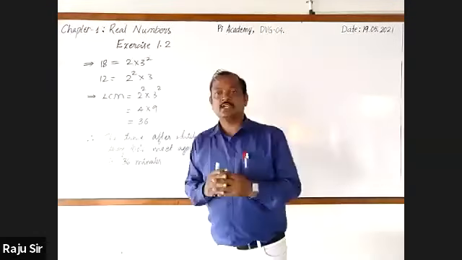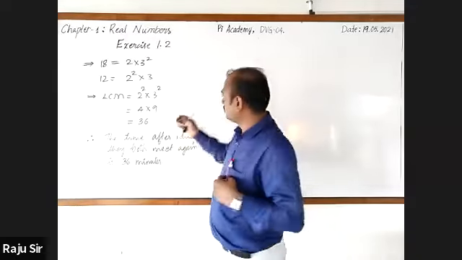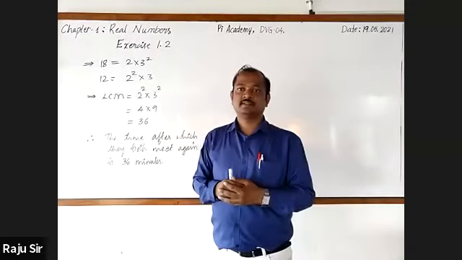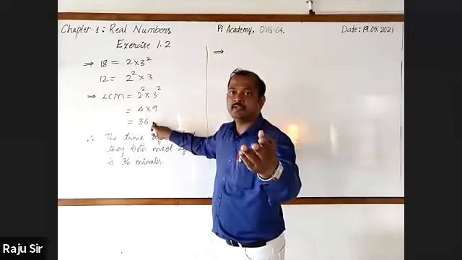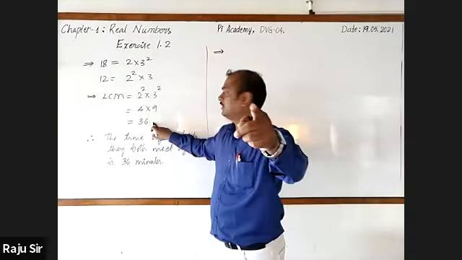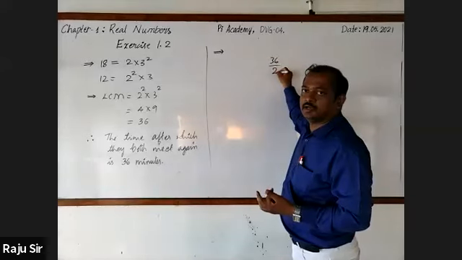They may ask you the question: what is the number of rounds completed by Sonia in 36 minutes? Even Ravi also. 3 and 2, sir. Very good. How? Sonia will complete 2 rounds and Ravi will complete 3 rounds. Sonia will take 18 minutes to complete 1 round. In 36 minutes, it is 36 by 18.